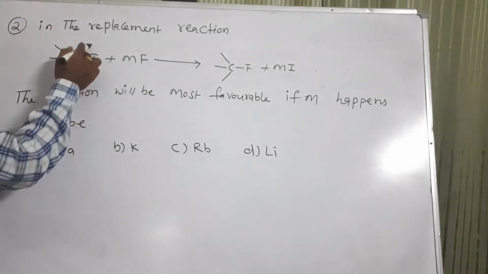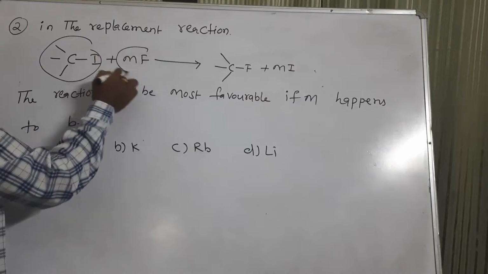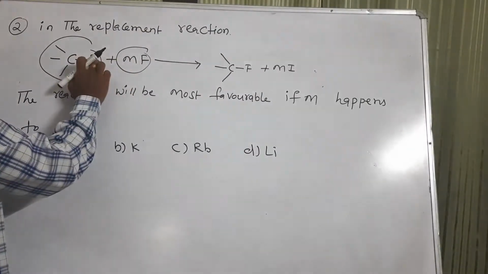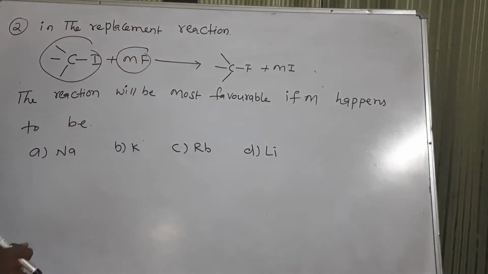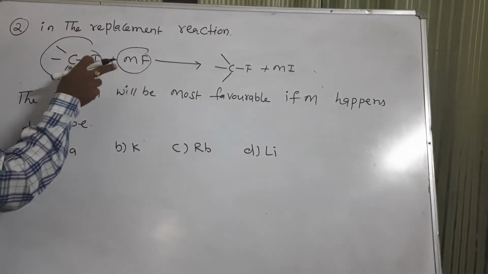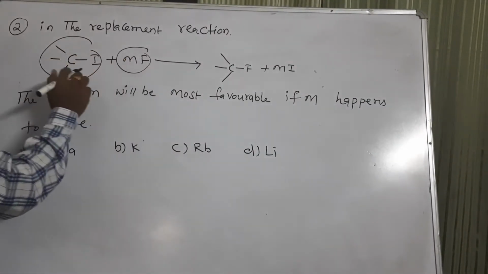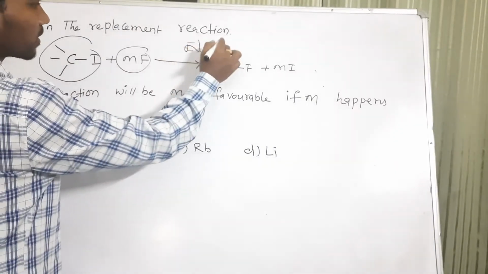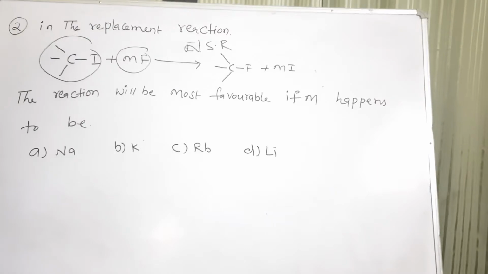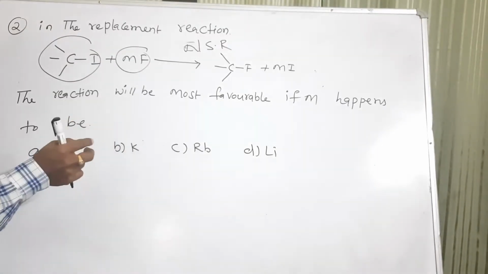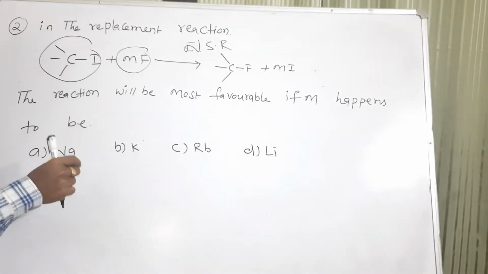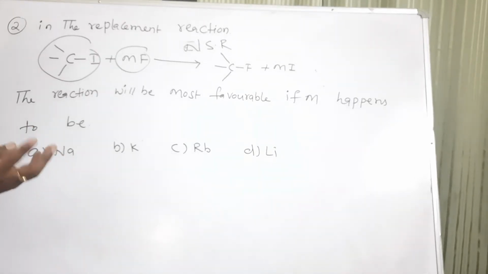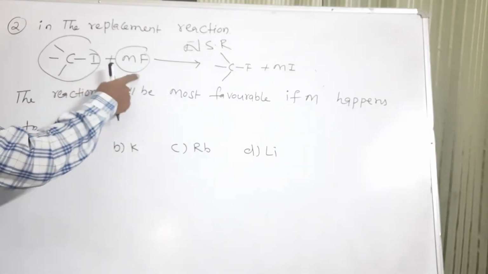First, observe these two reactants. Here one anion is replaced by another anion. Based on this observation, we can say that this is a nucleophilic substitution reaction. According to alkyl halides, nucleophilic substitution reactions are of types SN1, SN2 and SNi. Which one will this come under?